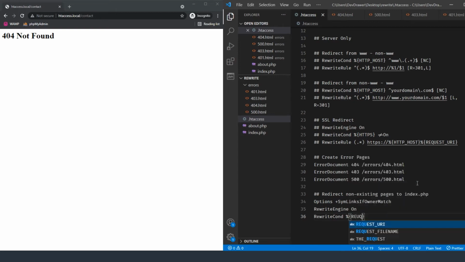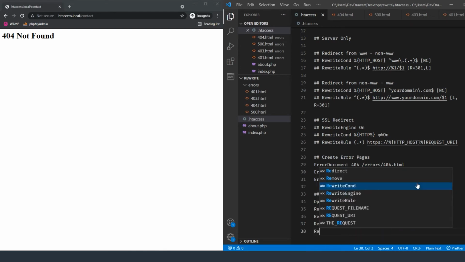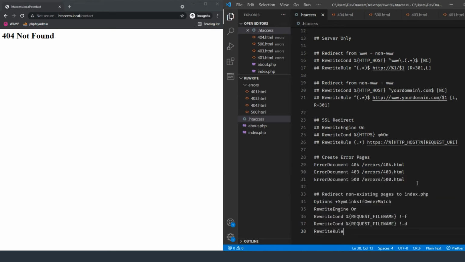So we're going to do request file name exclamation -f, and then we want to do another rewrite condition, and it's going to be the request file name again. So request file name, and then it's going to be exclamation -d, and then we're going to do our rewrite rule, and this is just going to be index.php,